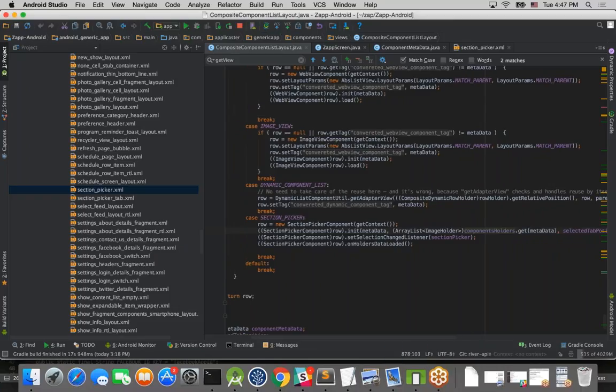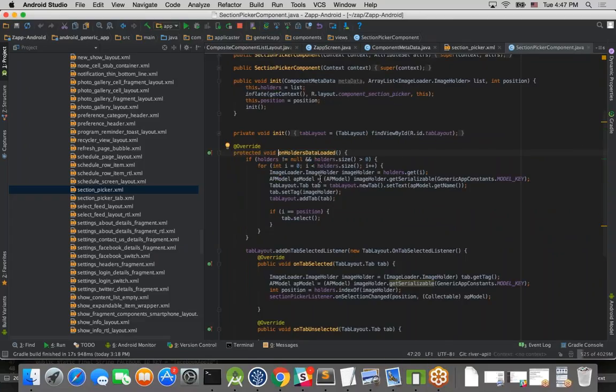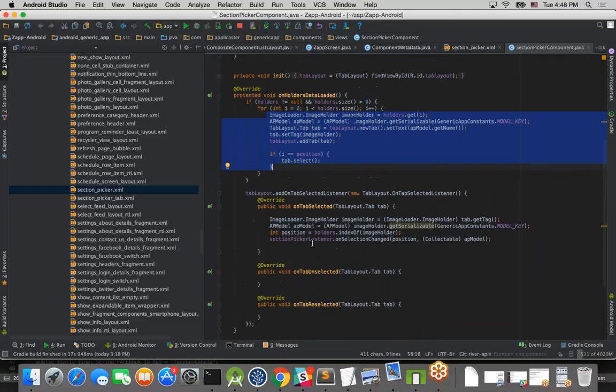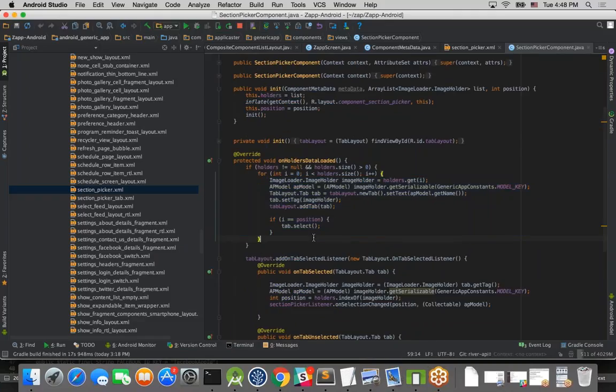And we just call this, and I mean the data loaded, and whatever the component should do. If it's tabs, then it has tabs, and it has all the logic here. So let's say if it was a horizontal swipe list,